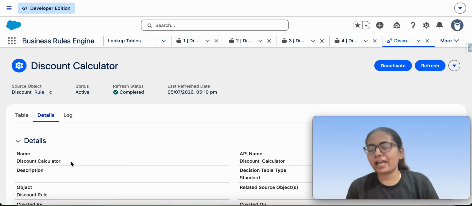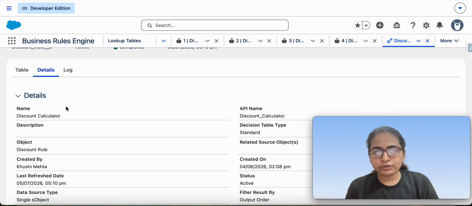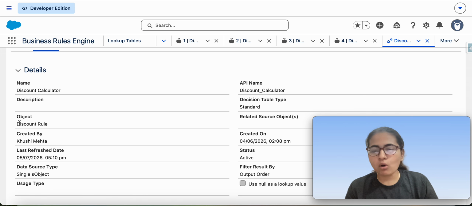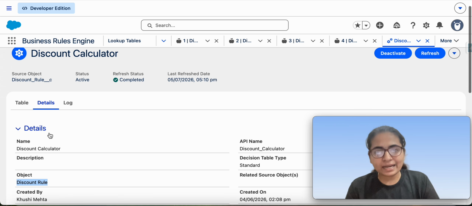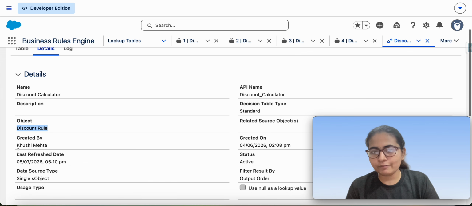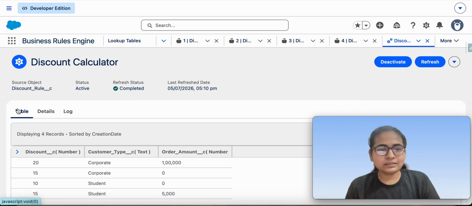This is the name that I have given. In this lookup table, we call the object where our records reside. In my scenario, the object was discount rule, so that's the reason it has discount rule here. And then once I have added my object, this is the table.